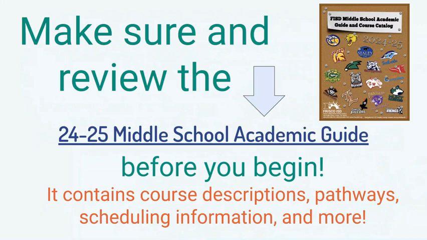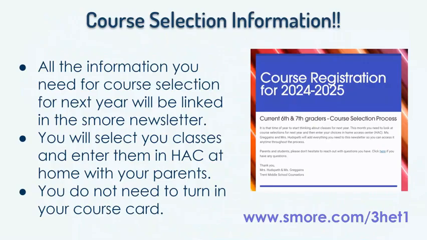Make sure you review the middle school academic guide before you begin. It contains course descriptions, pathways, scheduling information, and more. Course selection information. All the information, like I mentioned, that you'll need for course selection for next year is linked in the SMORE newsletter. On this newsletter, there are several sections you need to be mindful of. You can see a picture on this presentation of the top of the newsletter, but there are more sections below, like the timeline for course selections, resources necessary for middle school, some middle school curriculum information, application and audition information,